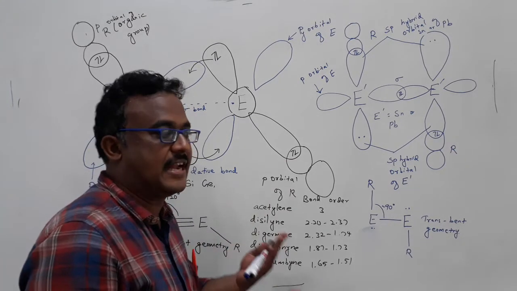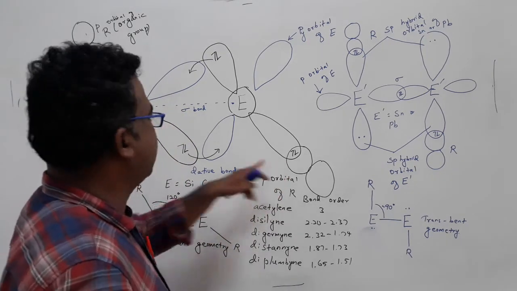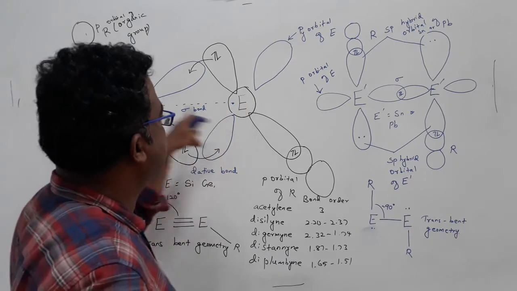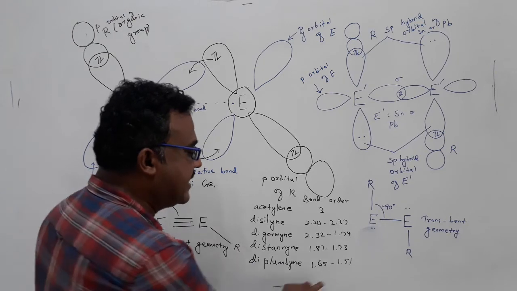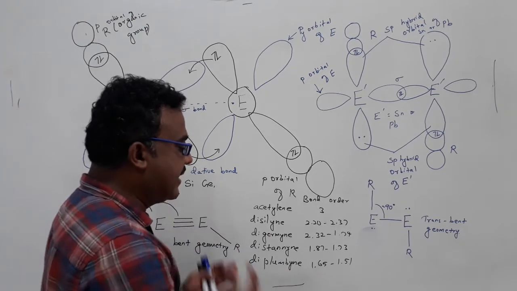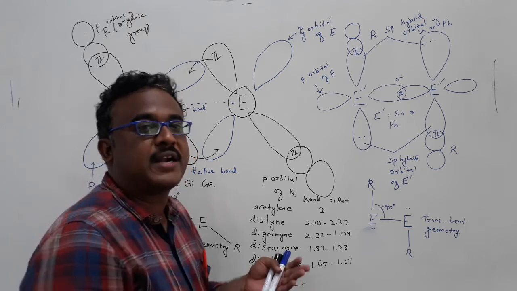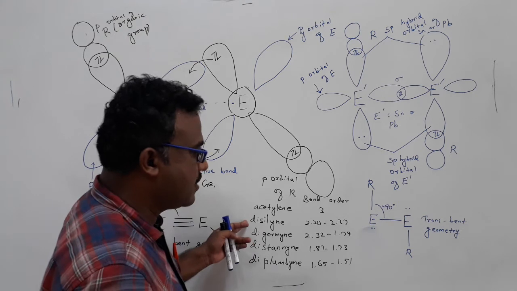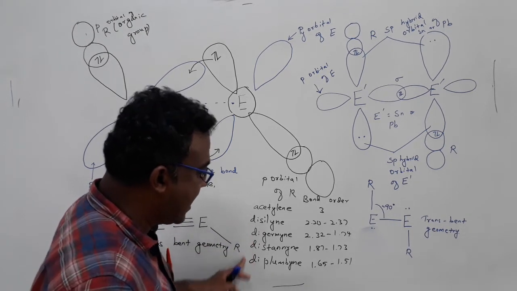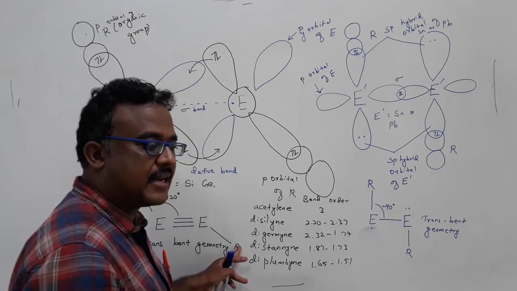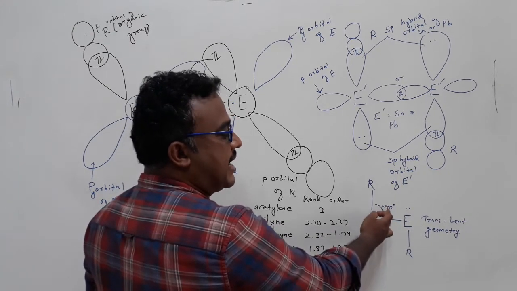We have various kinds of sterically bulky groups. What type of R group you are substituting? Depending upon that, the bond length and the bond order between the E elements will be changed. In the lowest case you can see the diplumbyne, it's very clear that the bond order is between 1 and 2. But when we come to disilyne, it's very close to 3. That means in these two cases, it will be considered only as a bond order between 1 and 2. That's why it has a structure of trans-bent geometry with the bond angle around 90 degree,